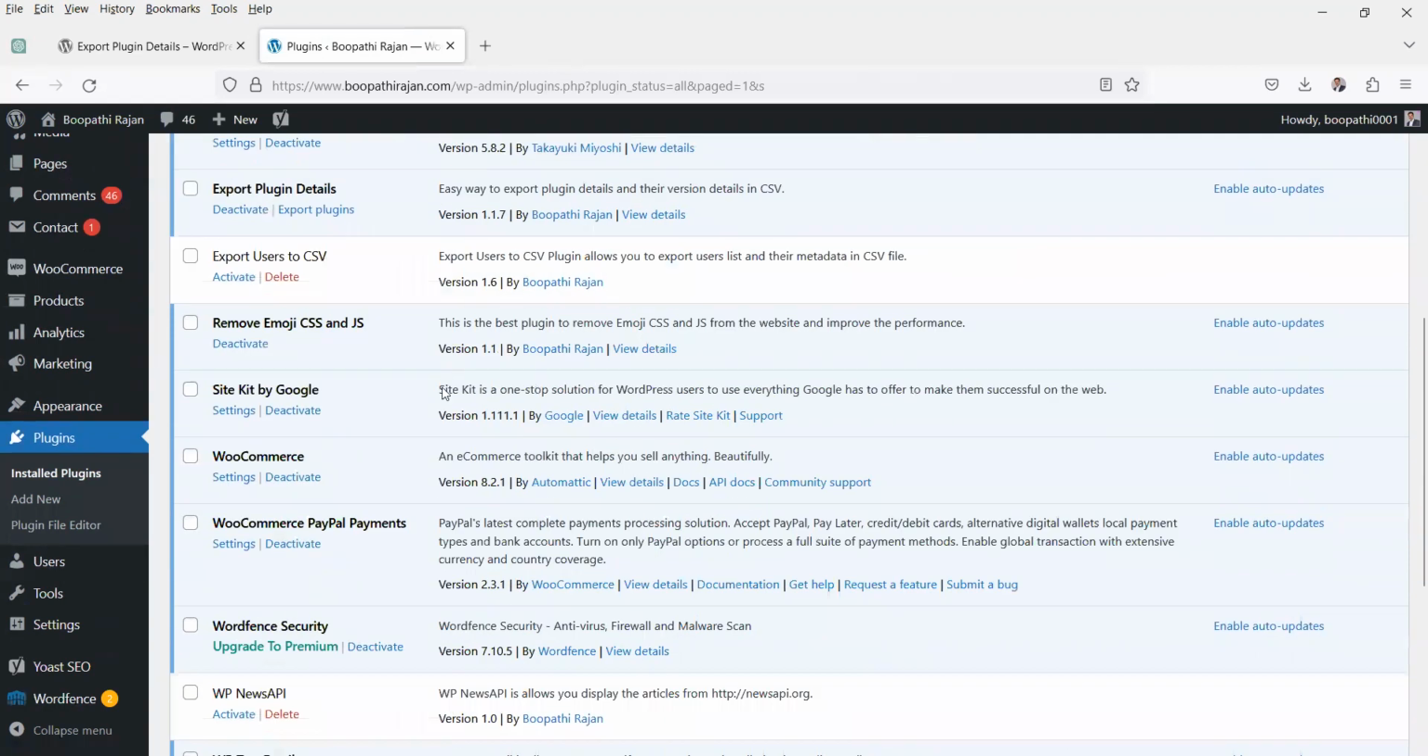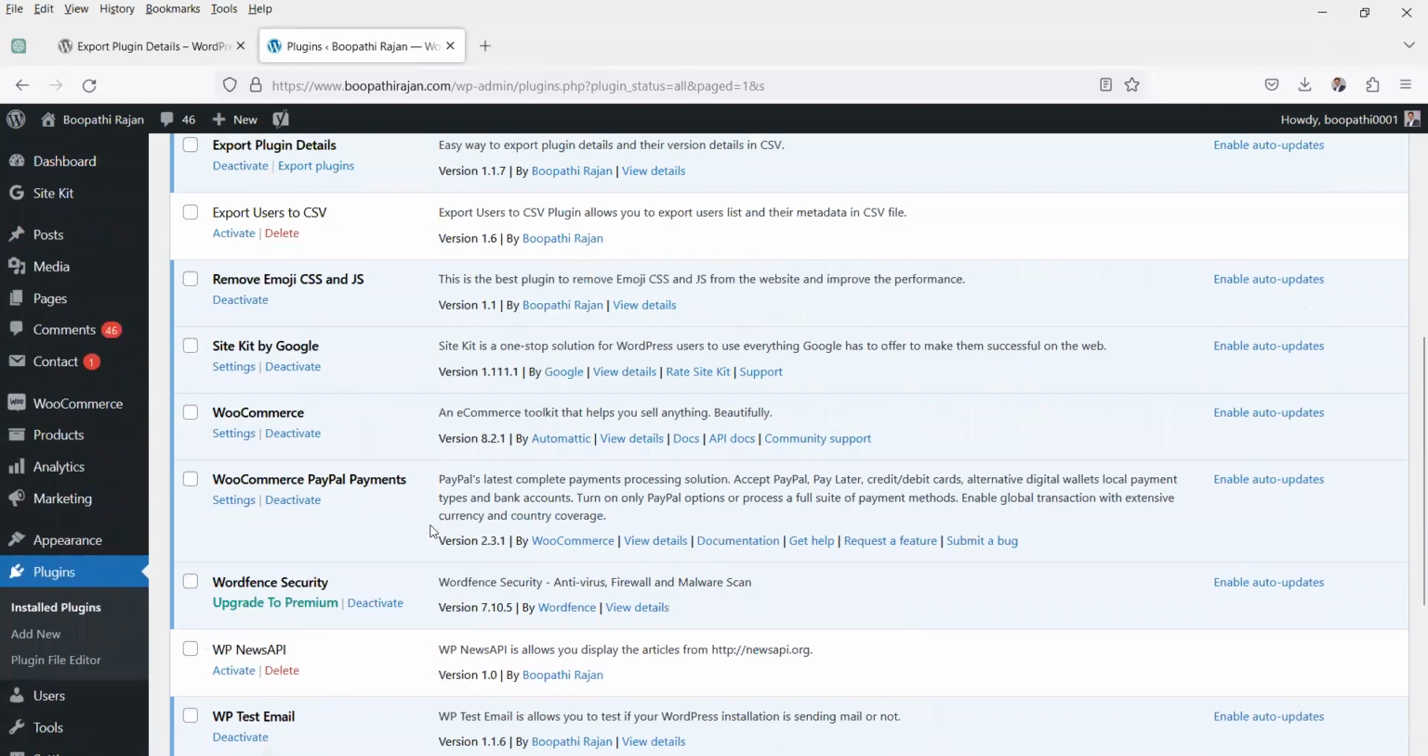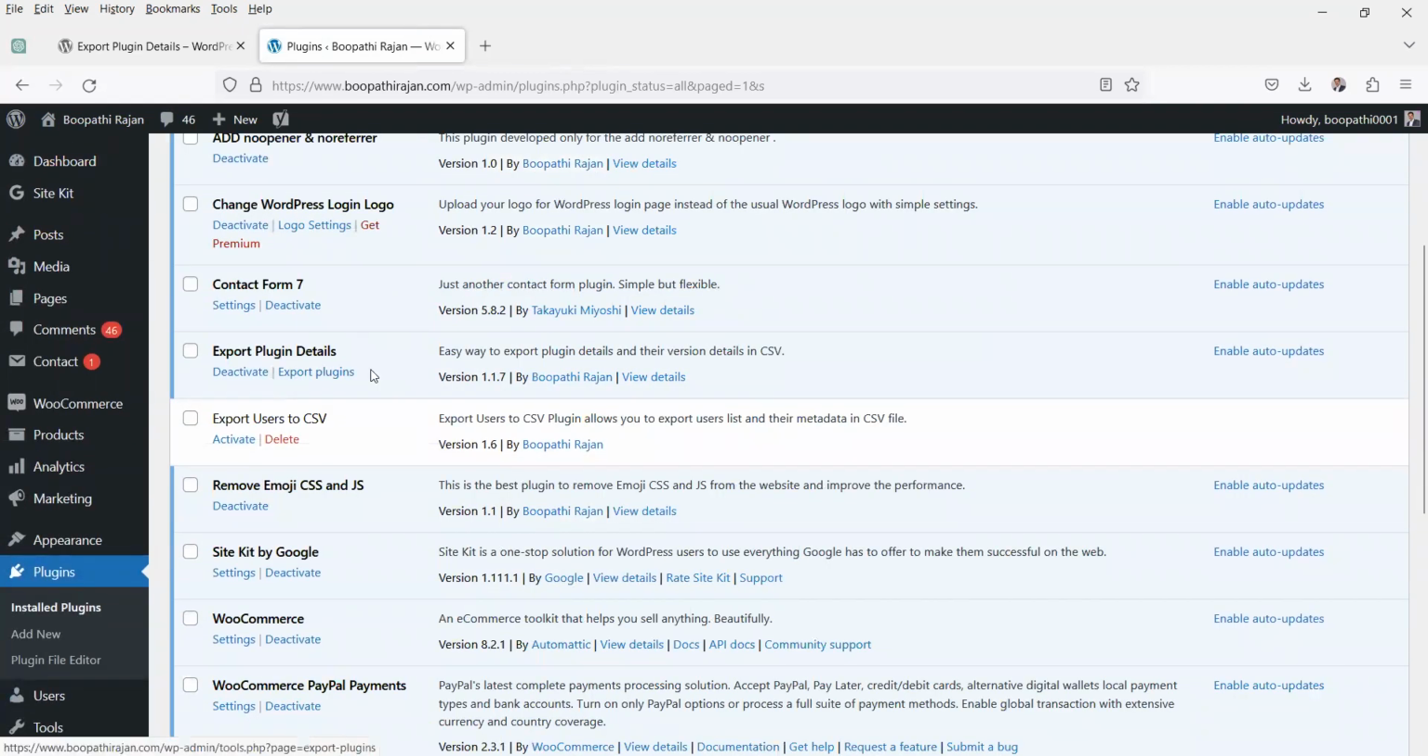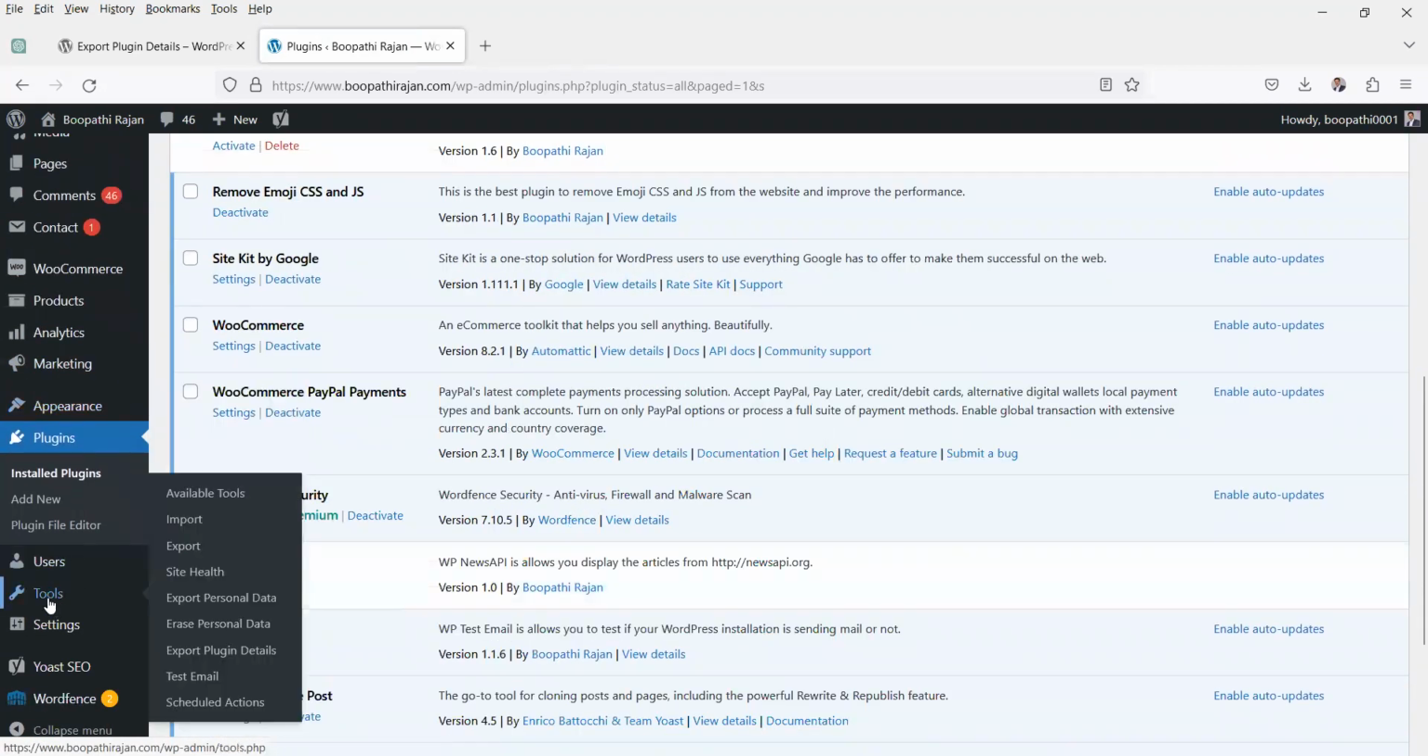To export this list of plugins, we can use this option here, or else there is a menu under the Tools menu. This is called Export Plugin Details. When you click on it,